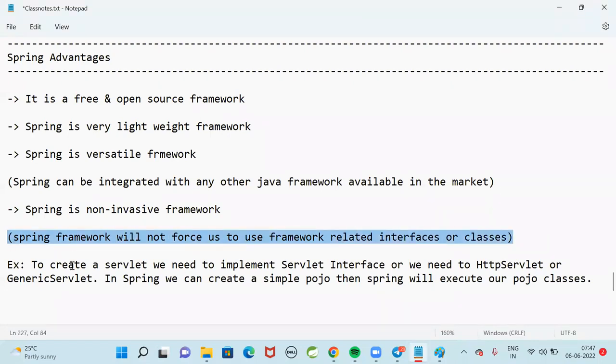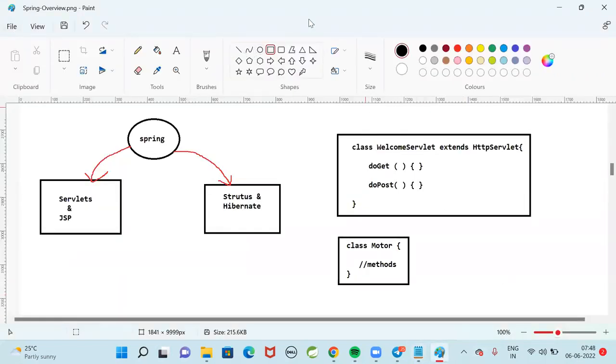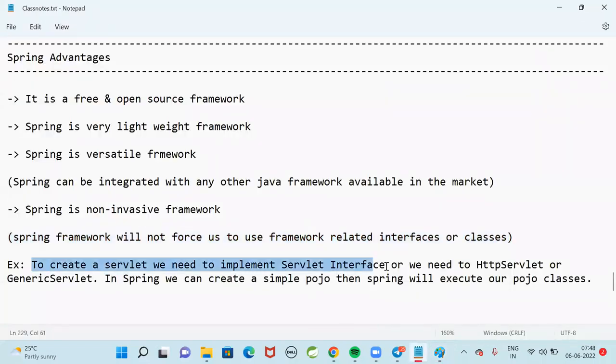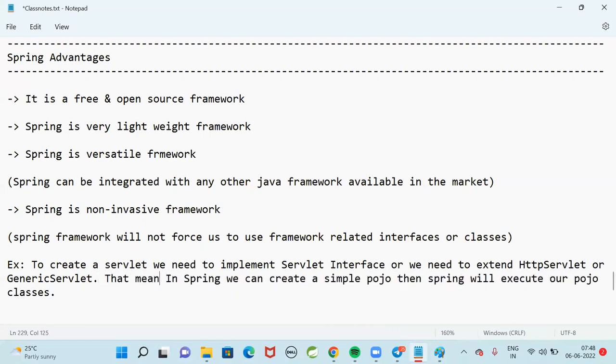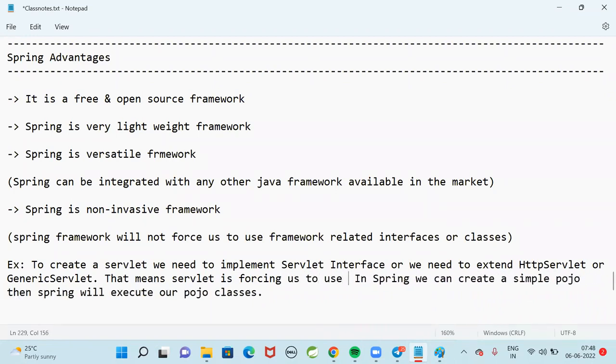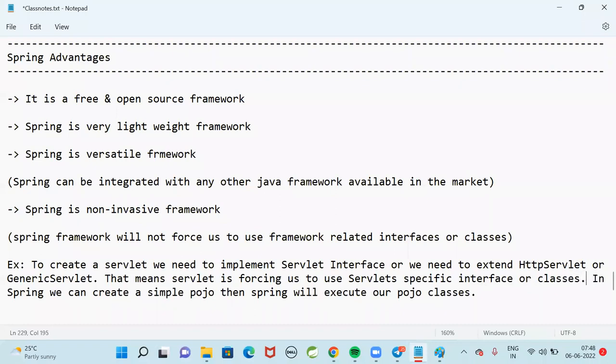Servlets are invasive. If you want to develop a servlet in the project, you need to implement the servlet interface or extend HTTP servlet or generic servlet. That means servlet is forcing us to use servlet-specific interfaces or classes.